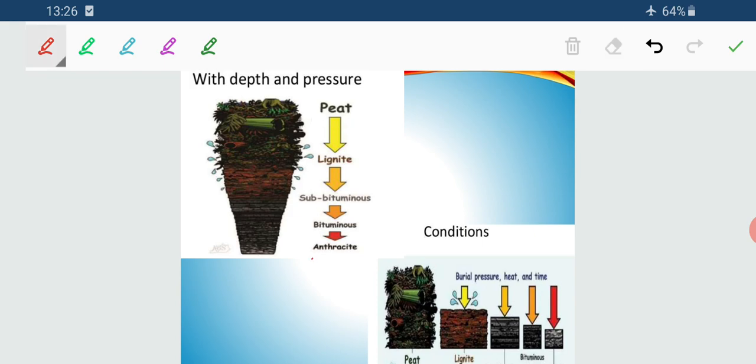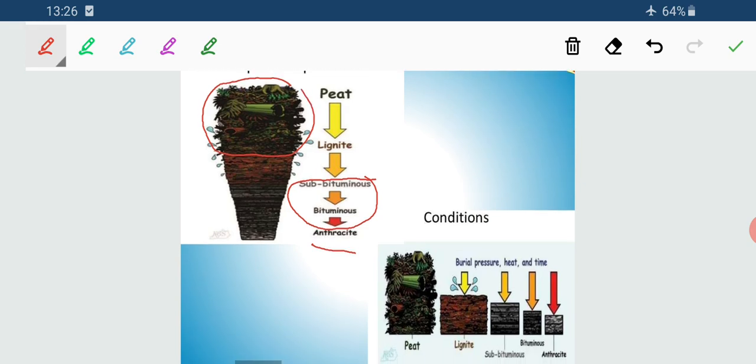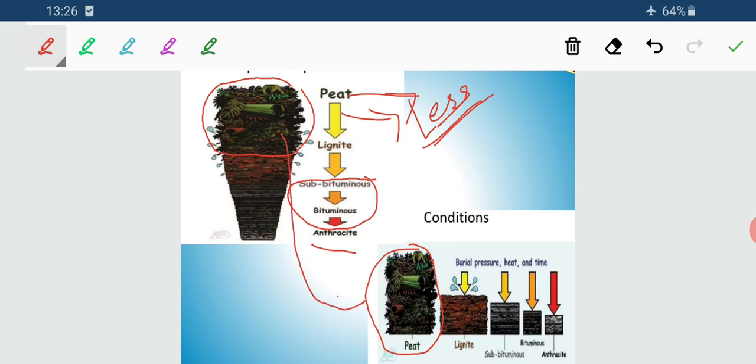Now peat is the first that is present over here. You can see this vegetative part entirely, which has less depth and less degree of compression. The time taken is also less, and it is not at a deeper site. Depth is also not there. Degree of compression is less, and the time of the burial is also less. So we are getting the most inferior type of the coal, where the carbon content is very less and the